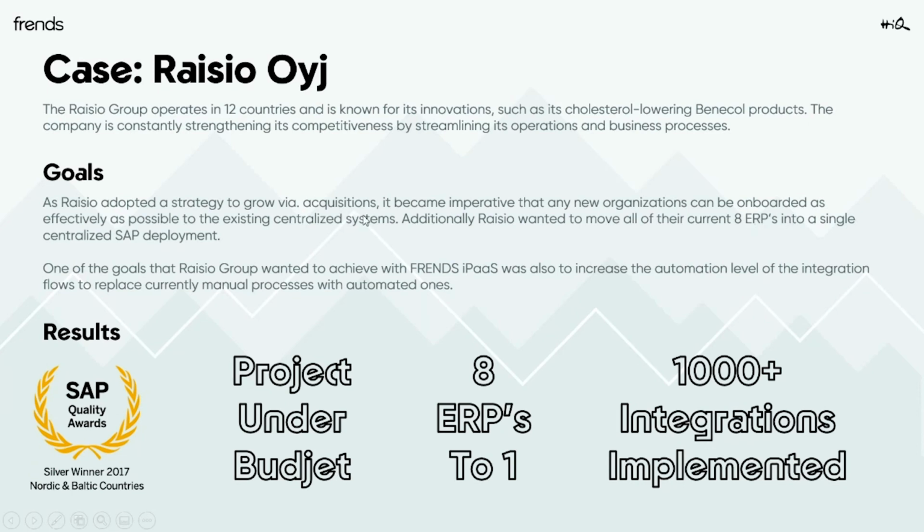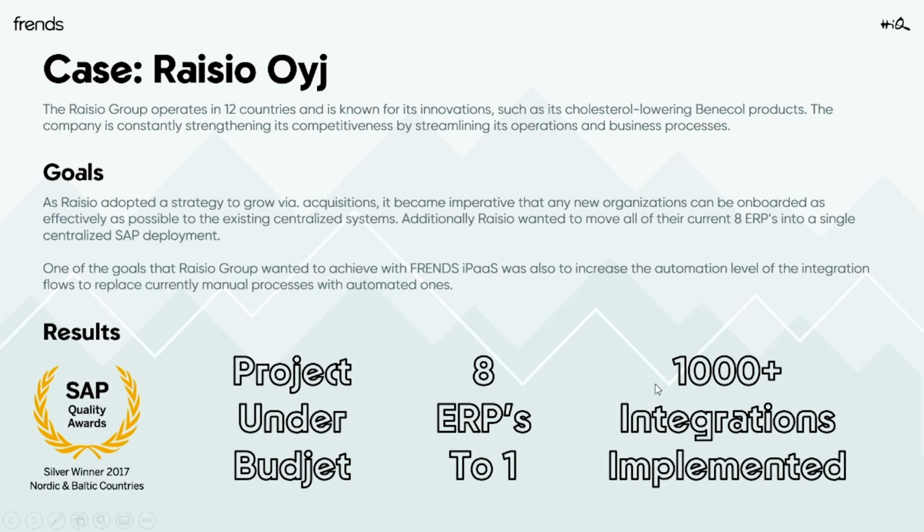possible. And quite unexpectedly, well, not from our perspective, but from the customer's perspective, now that we had done this pre-work of actually taking all of those existing dependencies between business partners and systems and implementing those on the Frends platform, once the SAP project actually started, the project came in under budget and under schedule, and we managed to successfully migrate all of those 8 ERPs into one new SAP, and there were over 1,000 integrations in total that we needed to implement to all of those different 8 ERP